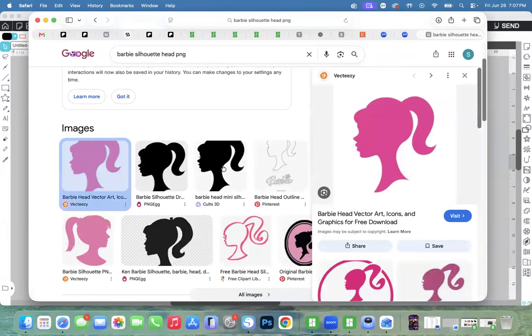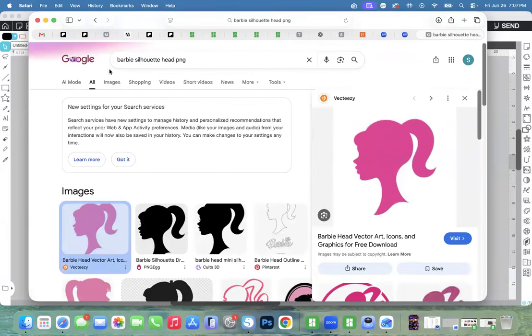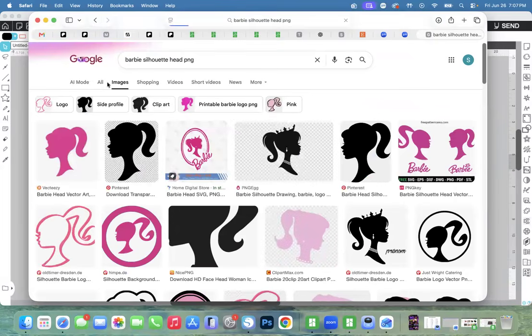So say for instance, you were going to be doing one for a little girl. And for me, when I go into Google, I always go right here to images. And then as you look, you can find,